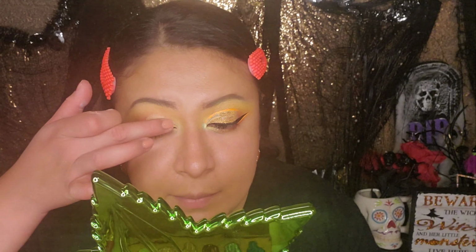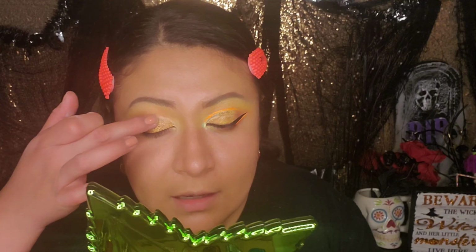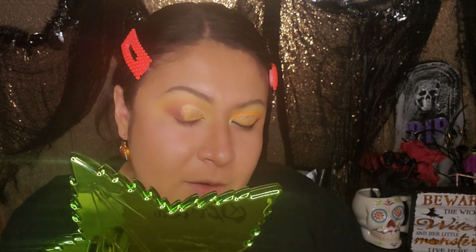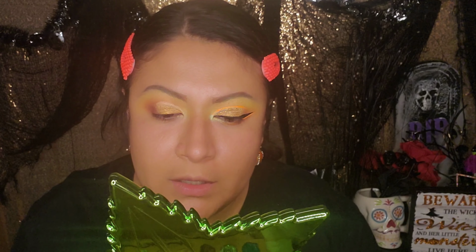On the other side, I applied glitter glue, and right here I did not, just because I wanted to see if maybe the glitter glue made the base a little bit heavier and it clumped up. So on this side, we're not going to apply it, just to see how it holds up. So now we're going to go ahead and